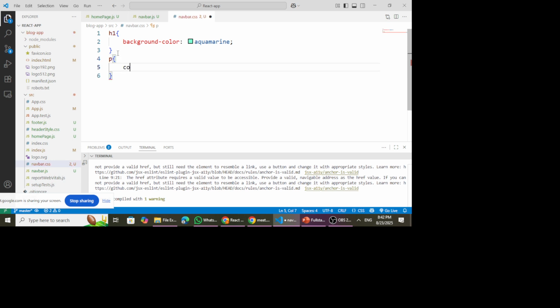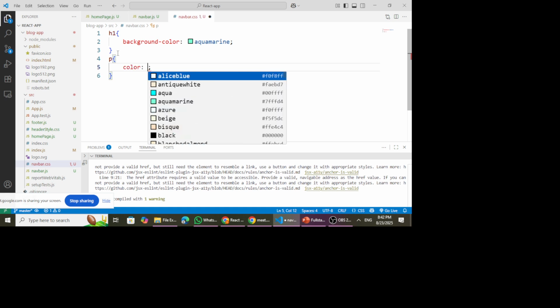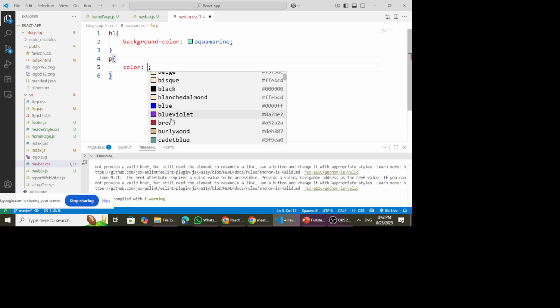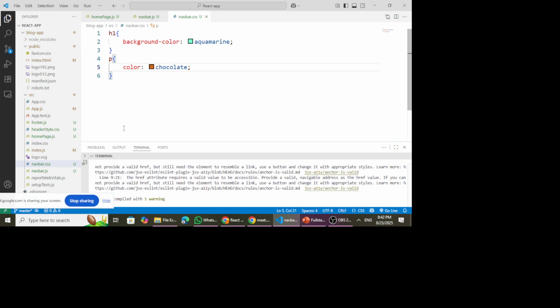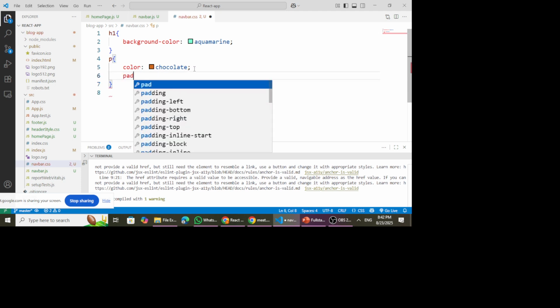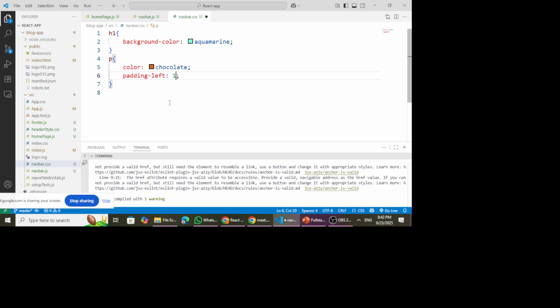text, to have the color or the text color of what? Text color of maybe, let's use chocolate text color. And maybe you want to add another style here, padding. You want to make sure the padding from the left is 16 pixels. Now when you save this,